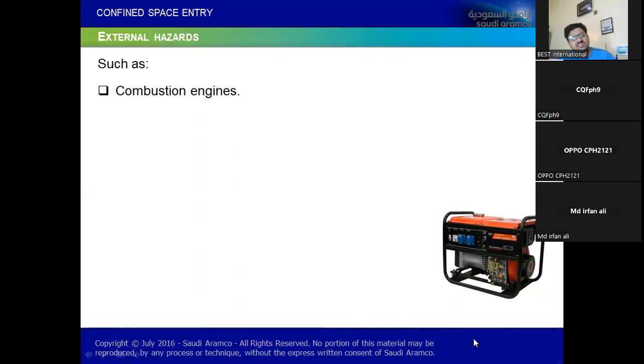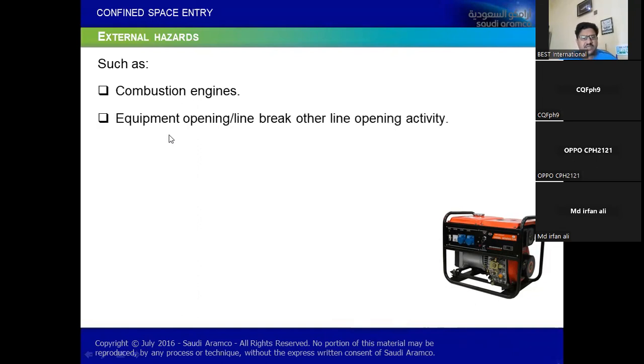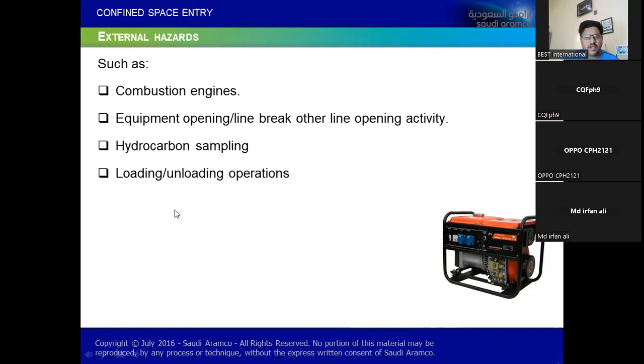Even if the ventilation system is protective, such engines must still be outside the confined space, including other equipment like compressed gas cylinders, whatever type of cylinder you're using. So keep the extremely flammable elements outside, or the extremely toxic equipment which can generate a toxic environment. All of that needs to be put outside the confined space. It's a very generic requirement. Equipment opening, line breaks like ULB permit, line opening activity, hydrocarbon sampling, or loading or unloading operations should also be considered